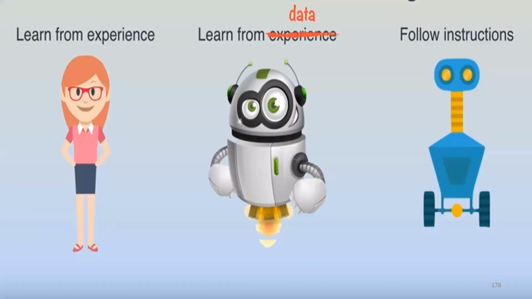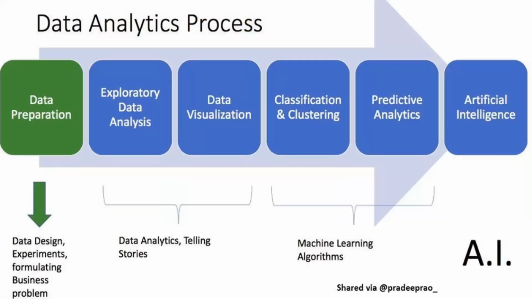Machine learning, as I told you, needs data. This is the process: in order to develop artificial intelligence, we need all these things: data, data analytics, data visualization, predictive analytics, machine learning. Only then can we finally develop the AI product. Without data analytics, it will not come. That's why we are learning Excel, data analytics, and basic analysis first. Then in the fourth semester, we are learning business analytics, or how to do advanced data analytics. Then we are going to learn artificial intelligence, how to develop the product based on the output we get from data analytics. So AI is the main final outcome, and before that we have to do all this process.